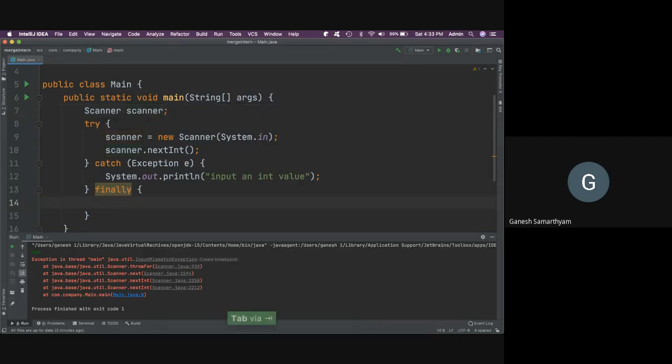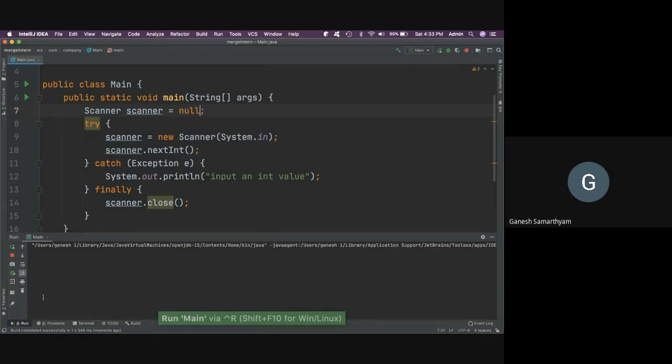Now I don't have to do this there. Scanner dot close, right? Now do the formatting again, and the code will automatically do it for you. But this is not enough because you have to initialize the variable scanner. Okay, now this should work. Let's see. If I type 10 now, I get an exception handled rather than the error happening, so the program crashing.